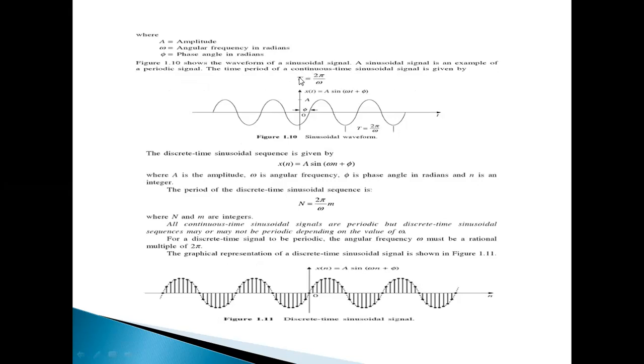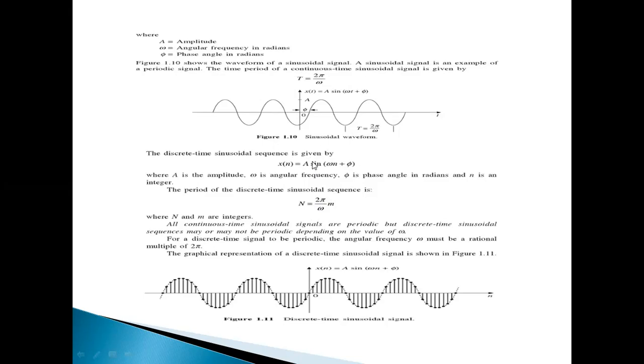We already know the fundamental period T is 2 pi by omega, and this omega is denoted for the continuous case. For the discrete function, instead of t the variable is n, and the fundamental period is again 2 pi by omega. This is not the same omega, as we already showed that omega is different for continuous and discrete. Both are angular frequencies only; the representation for discrete and continuous changes a little. Then x of n is equal to A sine of omega n plus phi, where A is an amplitude